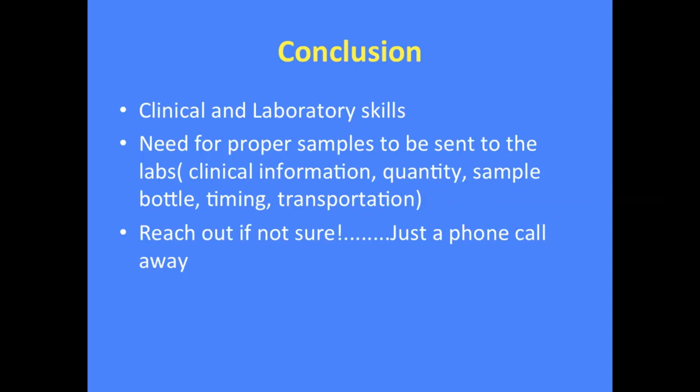If you are not sure of the bottle to use or the quantity of blood to put or how the timing is, in fact, at times, even if it's not an emergency, call the lab and find out if they can run that sample that day. If they can't, and it's really not an emergency, you can just leave it till when they say the machine is on, because there are times that we have to do some things to maintain some of our machines. So find out, communicate. It's always very important.